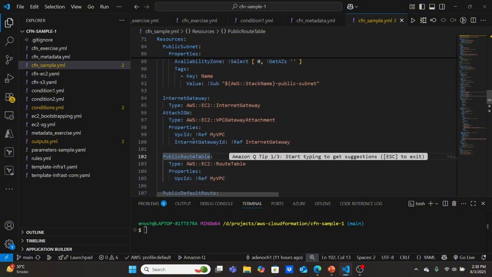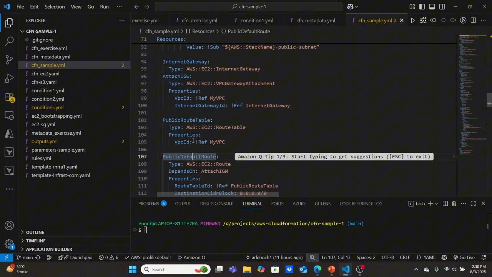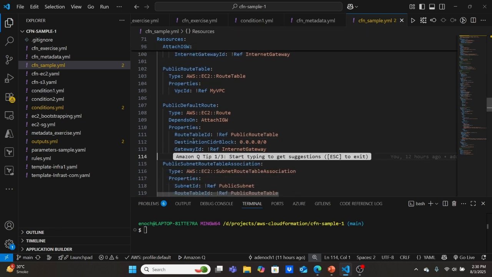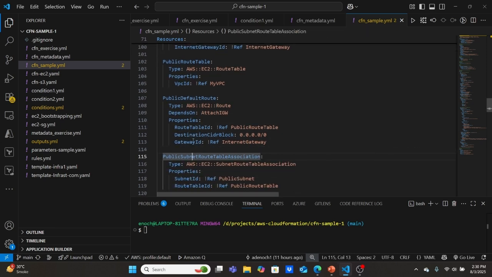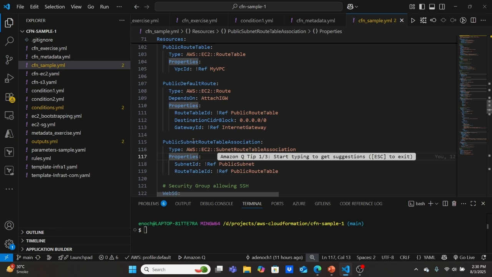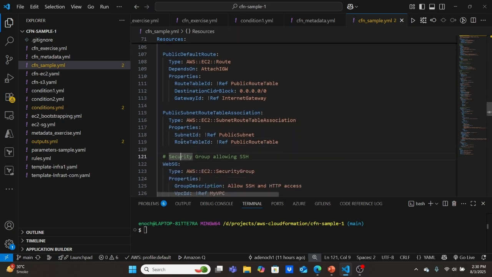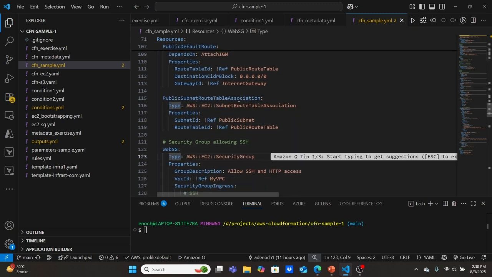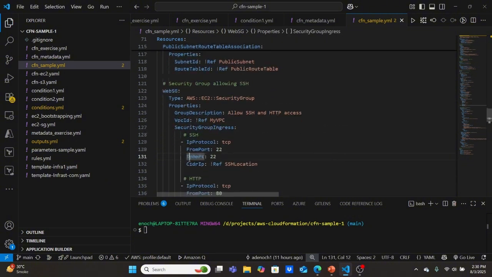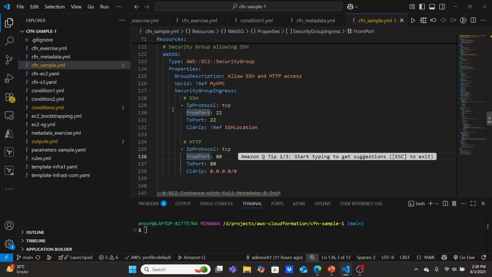We have the internet gateway. We have the route table. We create a route which allows the internet gateway from anywhere. And we did a route table association to the public subnet, and we create the security group. And in the security group, we are creating an ingress allowing port 22 from the SSH location, which is from